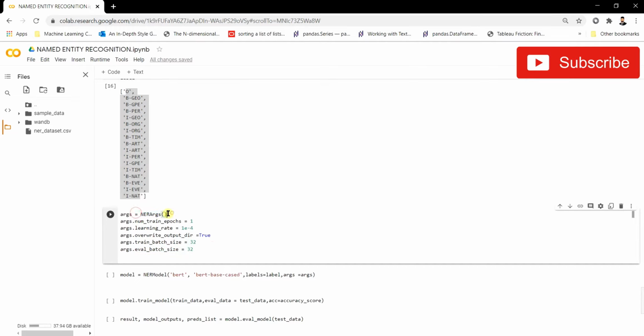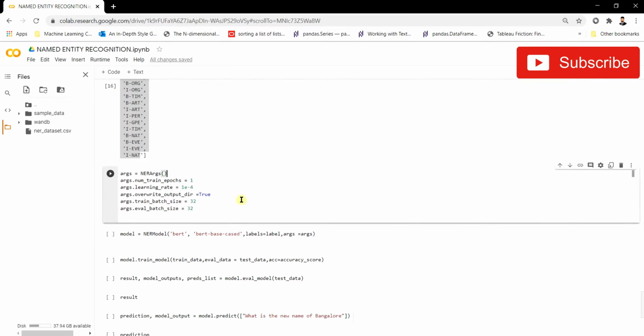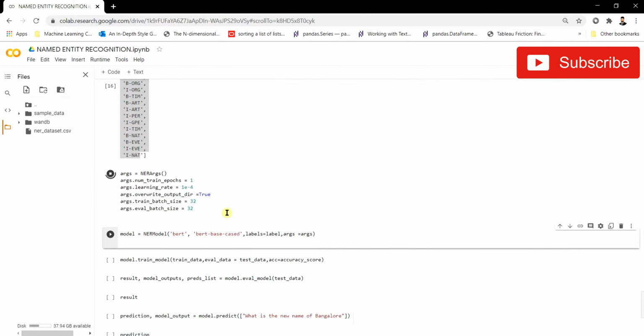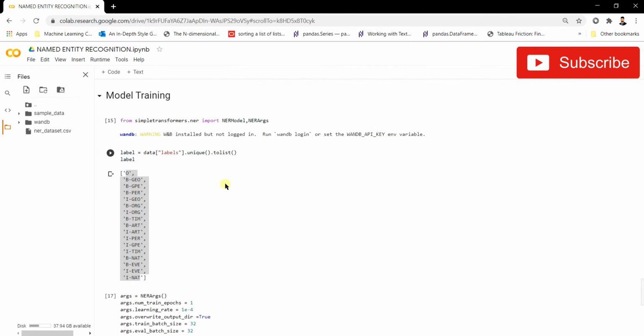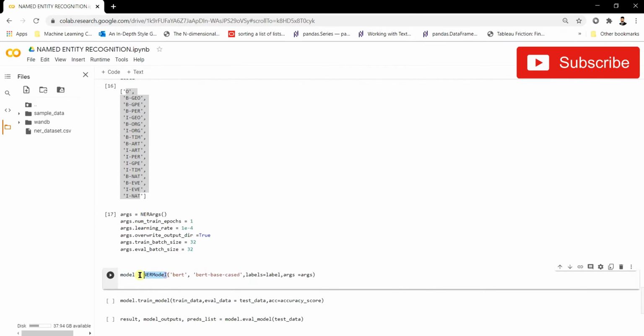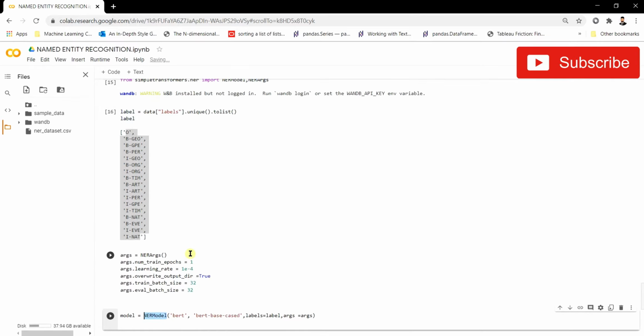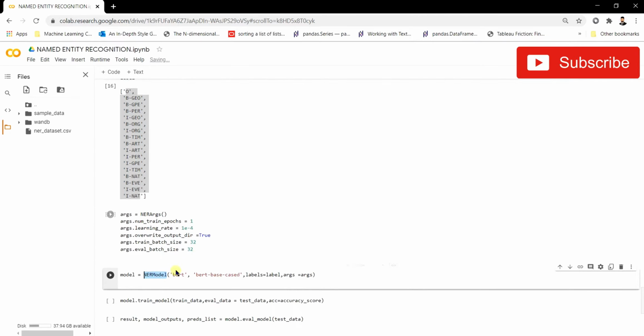Now I'm going to use everything I have done till here in the model building. Finally I'm going to use the NERModel class from simpletransformers, and I'm giving the BERT model name, specifying the specific model name.